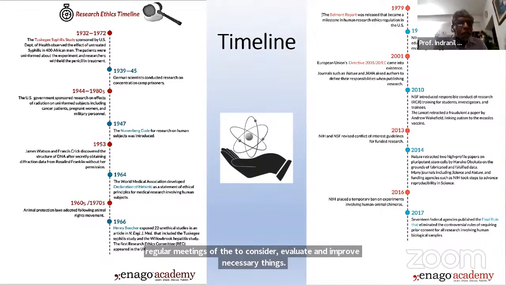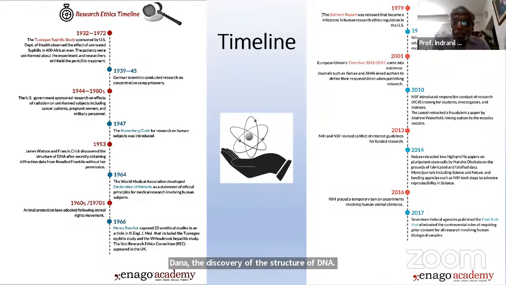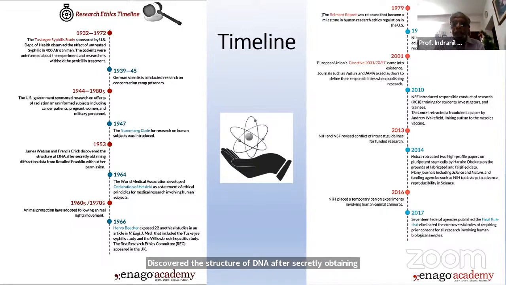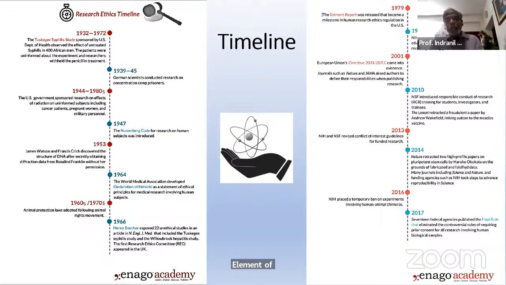Then the discovery of the structure of DNA after, and this is very, very instructive, 1953, James Watson and Francis Crick discovered the structure of DNA after secretly obtaining diffraction data from Rosalind Franklin without her permission. The discovery of DNA was a milestone, but there is an element of doubt in it when we consider how the data was obtained, and that's why going forward, this was 1953, up to today, 2023, just 80 years on,